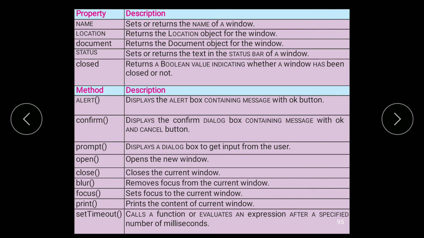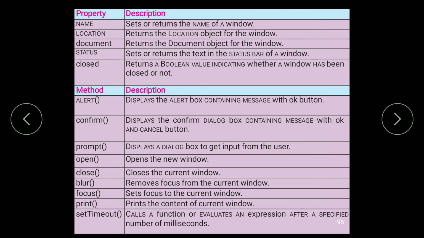If you see the assignment, you can check that there is one program on the status property. Next is closed, which returns a boolean value indicating whether a window has been closed or not. These are all the properties, and we are going to perform some programs on them.